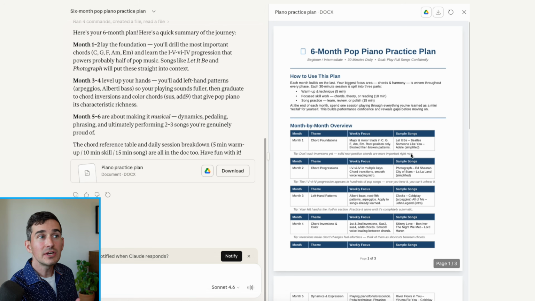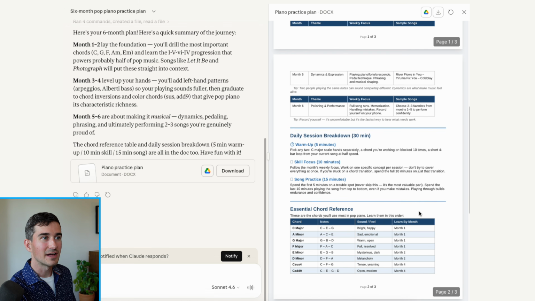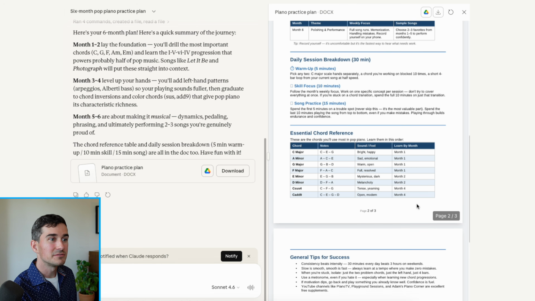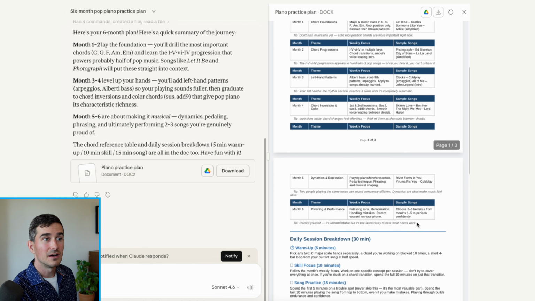And honestly, looking over this plan, almost everything here is pretty sensible. It's telling me to learn some basic chords in C major, suggesting some nice beginner chord-based songs for me, gradually adding in some of these other things. I would probably introduce inversions before these arpeggio and Alberti bass patterns. And in general, I don't teach much Alberti bass for pop piano, but most of what it's referring to here really makes sense. So in the absence of actually having a good source of information to teach you these skills,